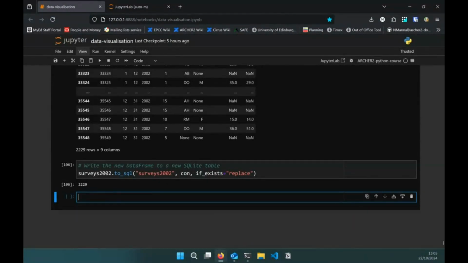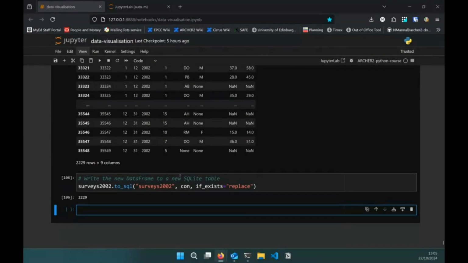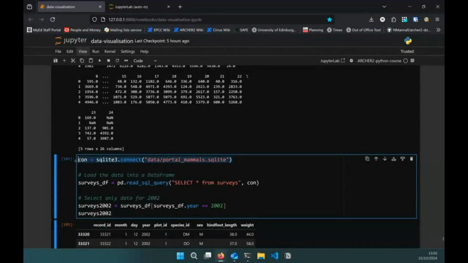And then what we could do is we could get our connection. How can you create a database? That is a good question. I imagine